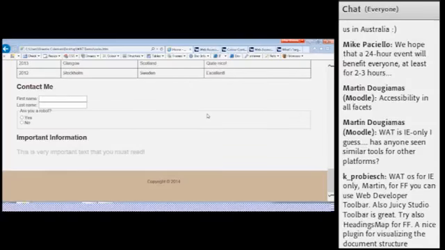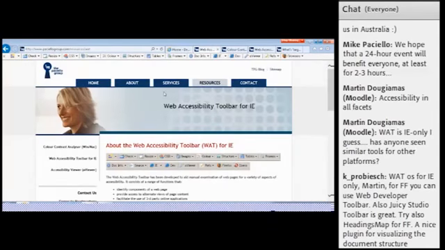Okay, so one of the questions that's come in here is, does the toolbar test page by page, or can it be used to test the entire site? I've never actually used it to test the entire site. When you take a view of, let's say, images, it will show you the images on that particular page.